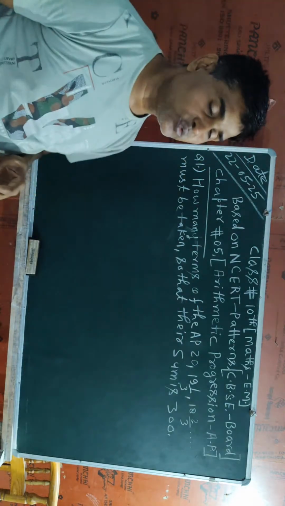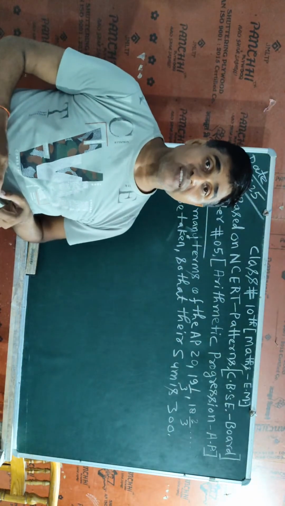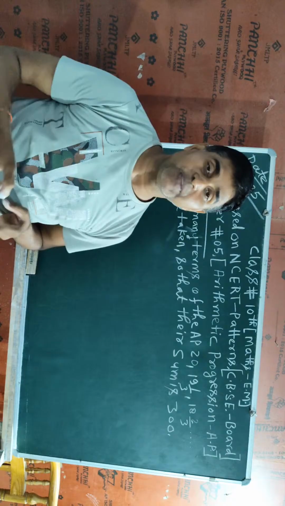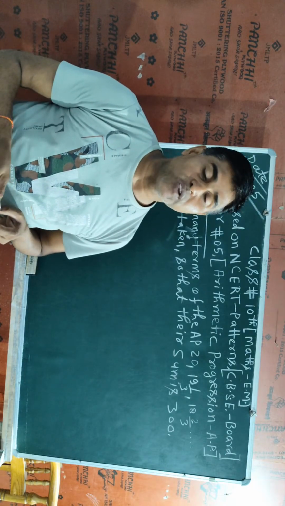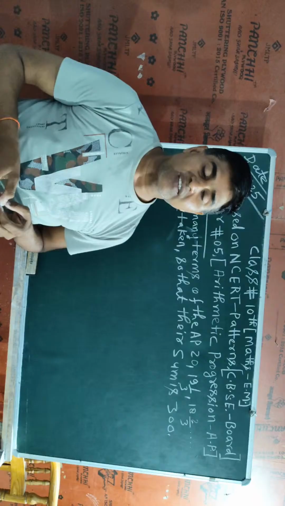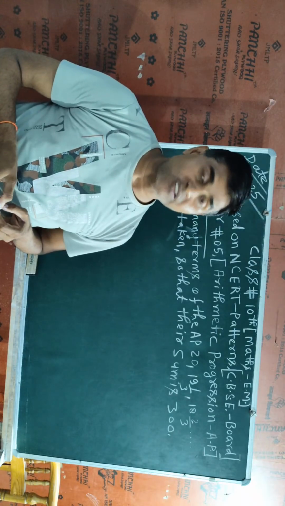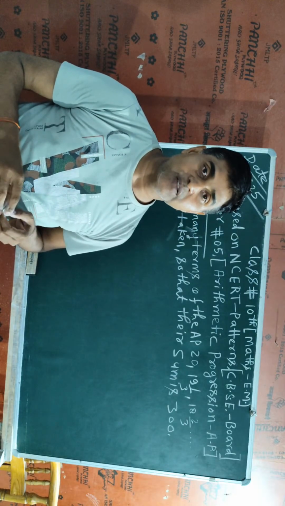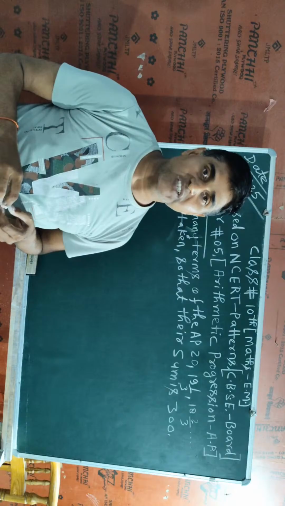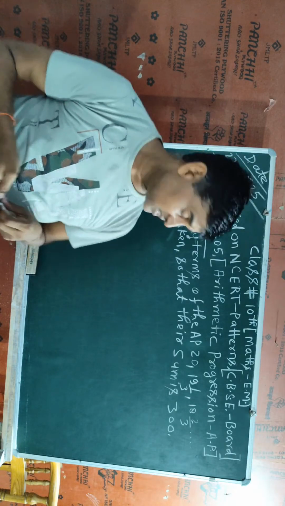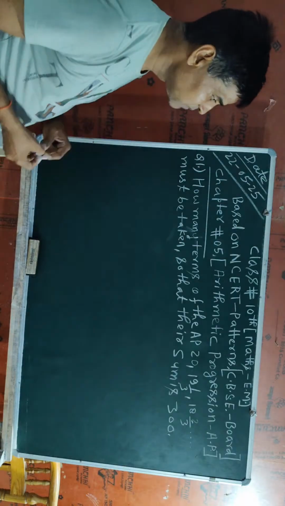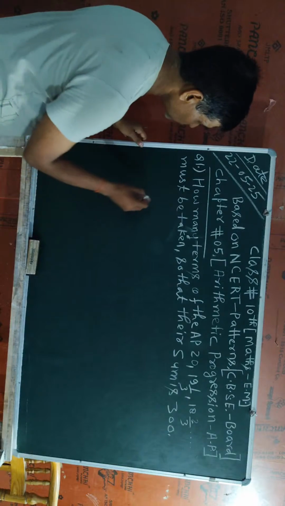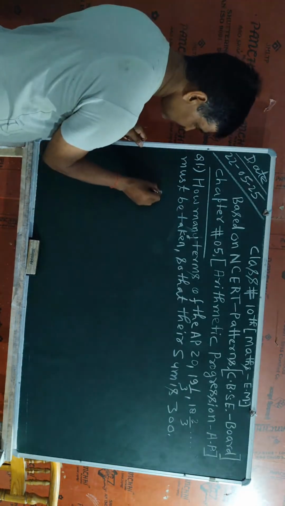Now here I am going to explain one concept, and that concept I have already elaborated in previous classes. Here I will also explain that concept, and I will use that concept in the questions. So that concept is such that we have to find the sum of first n terms of an arithmetic progression. Now I am going to explain how we will get the sum of first n terms of an arithmetic progression. So that concept I will write here: sum